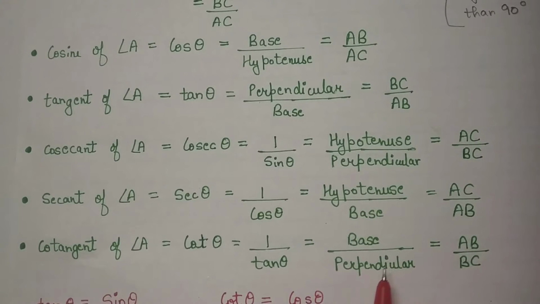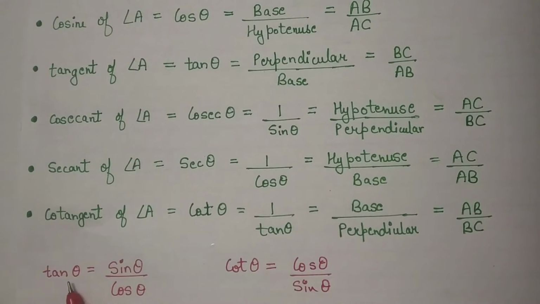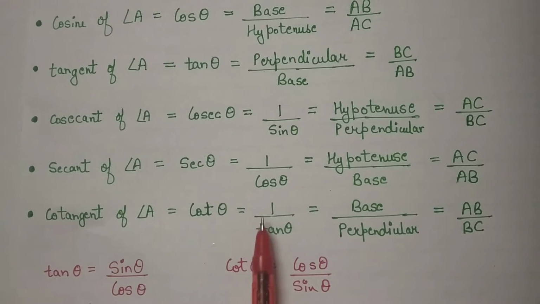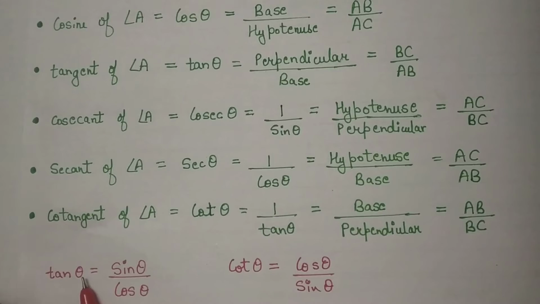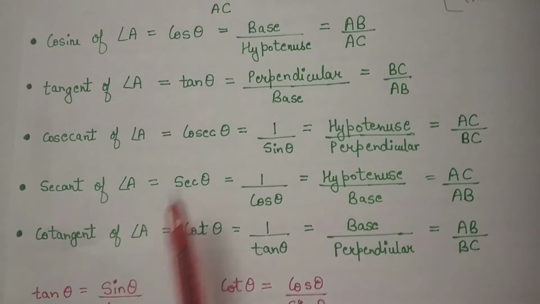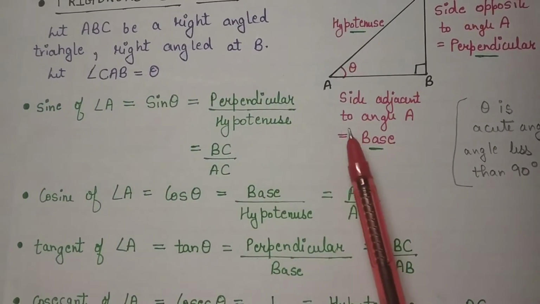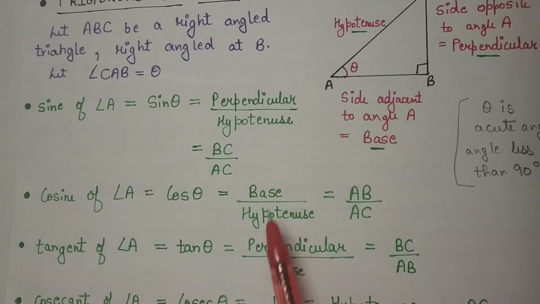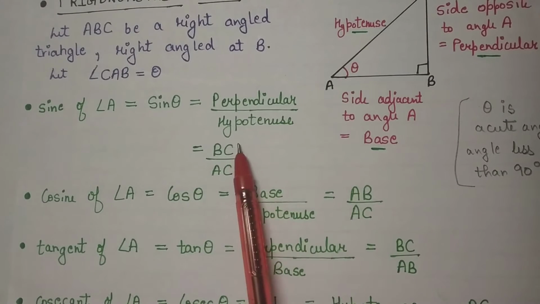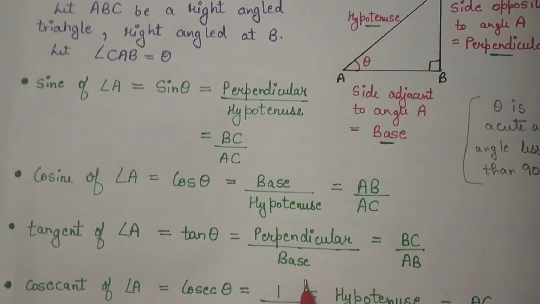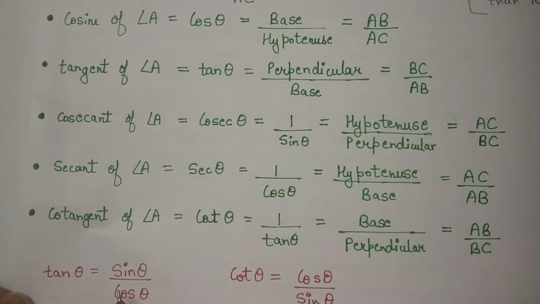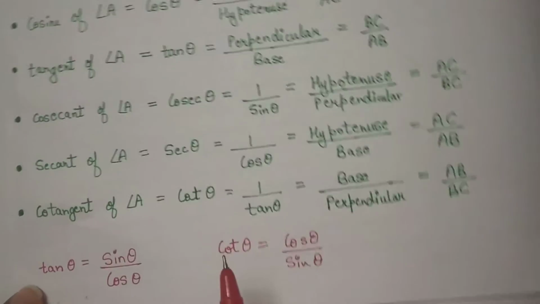One more formula which you need to remember. Tan theta is sin theta upon cos theta, and cot theta is the reversal of tan theta, so this is cos theta upon sin theta automatically. Now how is tan theta equal to sin theta upon cos theta? Because tan theta is equal to perpendicular over base. If I divide sin theta, perpendicular over hypotenuse, by cos theta, base over hypotenuse, the hypotenuse gets cancelled and I get perpendicular over base. So in this form, tan theta is equal to sin theta by cos theta.